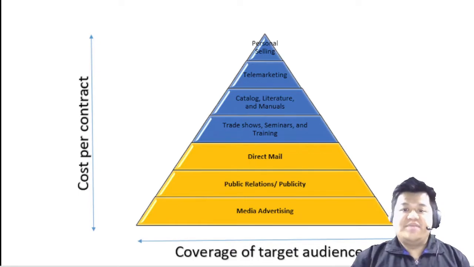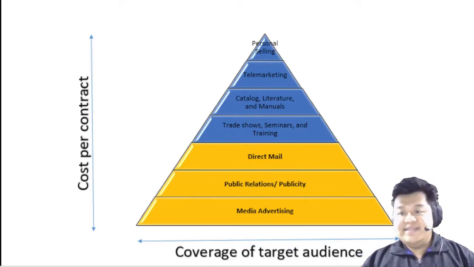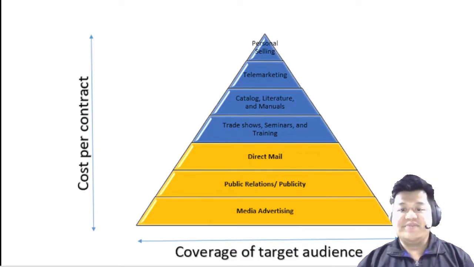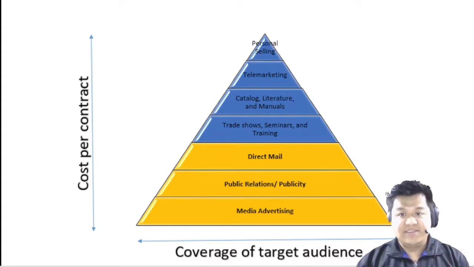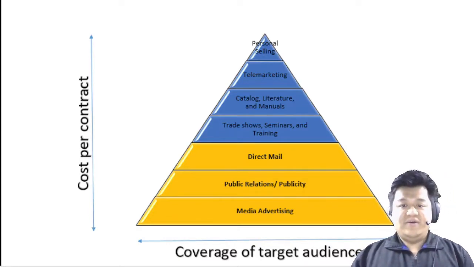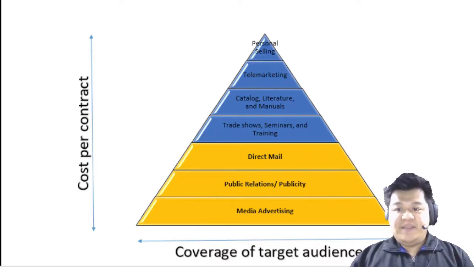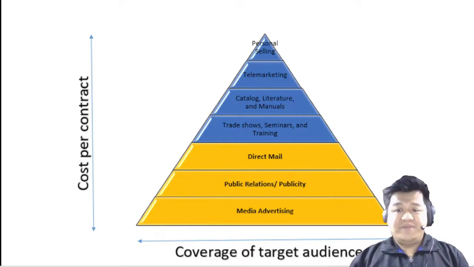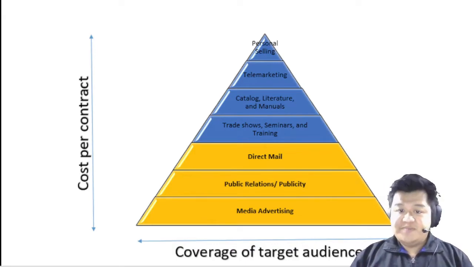Our topic is about advertising and promotion mix. This is the advertising and promotion pyramid. As we can see on the pyramid, the lower the cost of advertising, the broader the target audience. So we will cite examples of this and how the internet affects advertising. At the bottom part, we see media advertising. Before, this is done on mass media like TVs, radios, billboards, and newspapers.